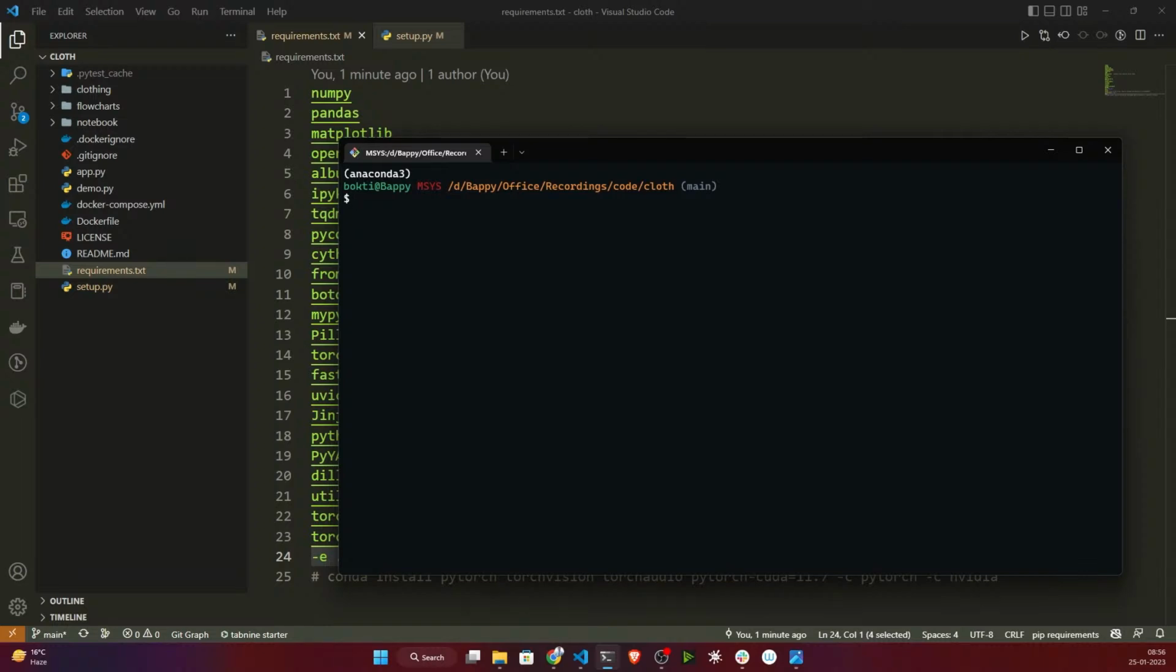So what I will do, I'll just write conda create -n, then I will give the environment name. I'll just write cloth. Okay, then let's mention the Python version. So here I will be using Python 3.7, Python equal to 3. No, let's use Python 3.8 -y. Okay, now if I hit enter,